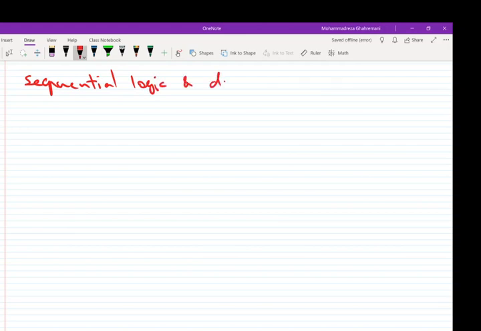Today I'm going to talk about sequential logic and devices. The digital circuits that we discussed so far, all of them have been combinational circuits. If you remember, the output depends on the input immediately. So whatever is in the input at any moment determines the output. They don't have any types of memory. So no matter what was the previous input or the next input, at any moment the input determines the output